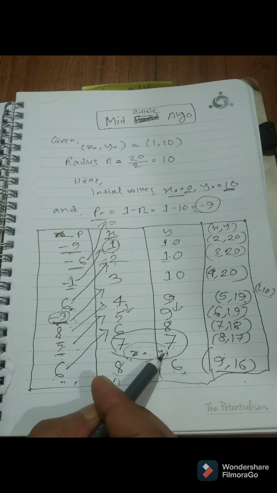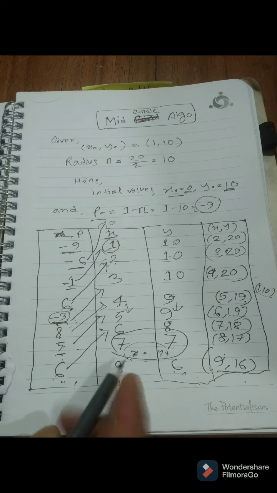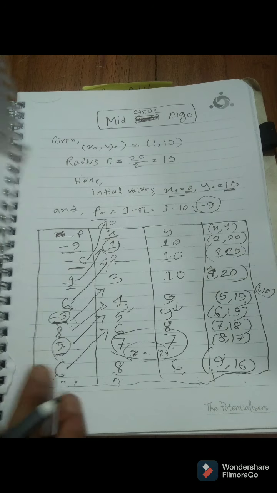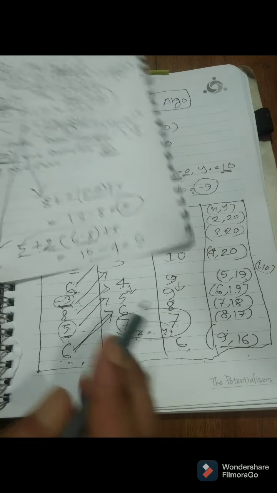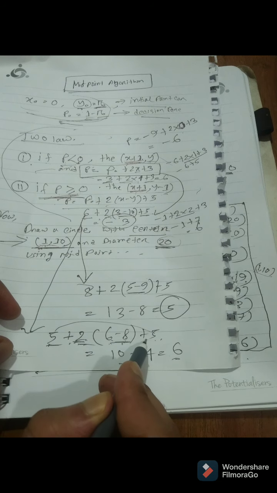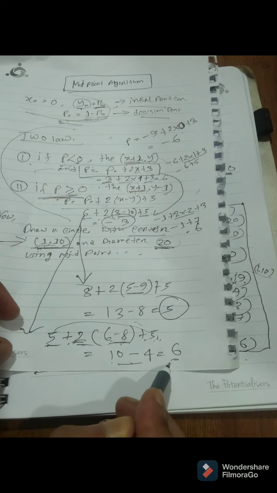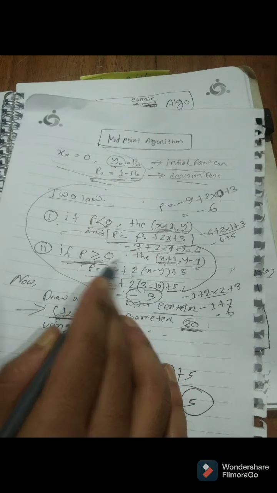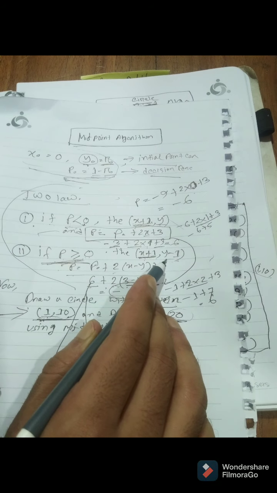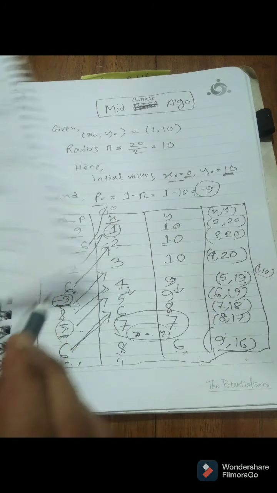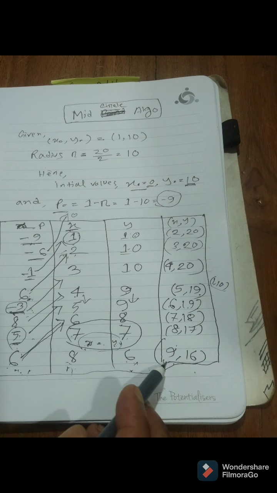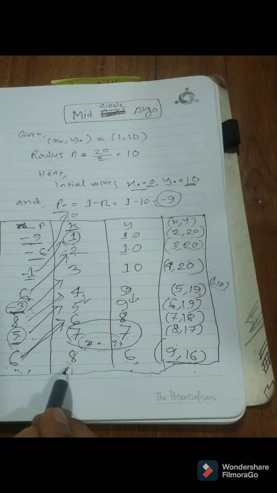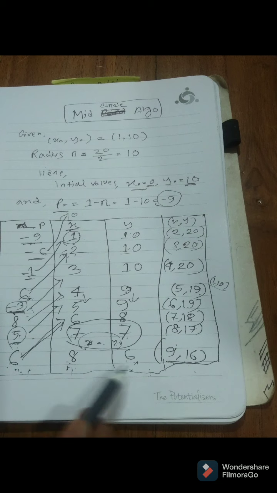Here we got 7 equal to 7. That's why we should take one more step. Here let's put this value. 5 means second law. So second law means 5 plus 2 and 6 and 8 x and y. So 6 minus 8 plus 5. So 10 minus 4 equal to 6. So here 6 means second law where x will be increased and y should be decreased. So here x is increased and y is decreased. And 9 plus 9 comma 6 means center plus this value.